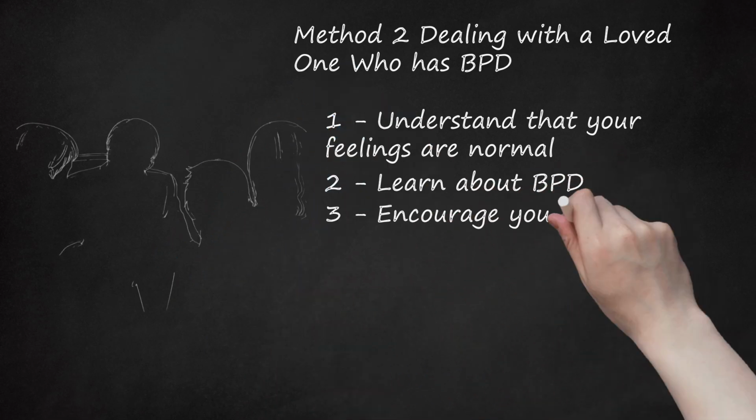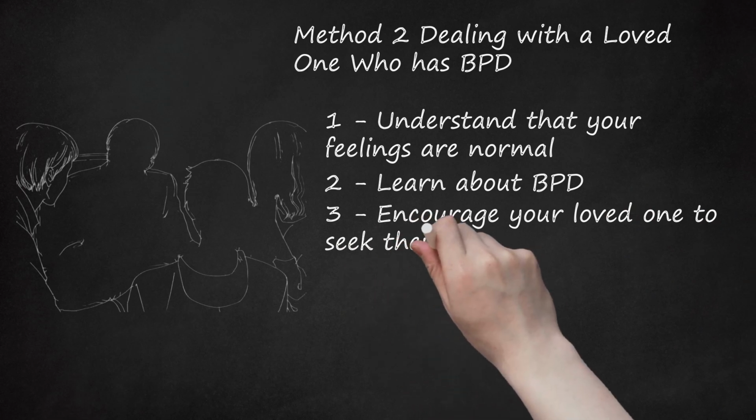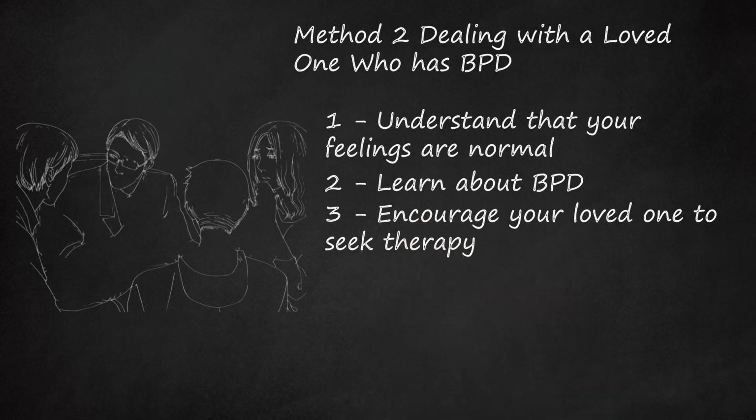3. Encourage your loved one to seek therapy. Understand, however, that therapy may take some time to work, and some people with BPD do not respond well to therapy. Try not to approach your loved one from an attitude of judgment. For example, it is unhelpful to say something like "you're worrying me" or "you're making me weird." Instead, use I statements of care and concern. "I am concerned about some things I've seen in your behavior,"